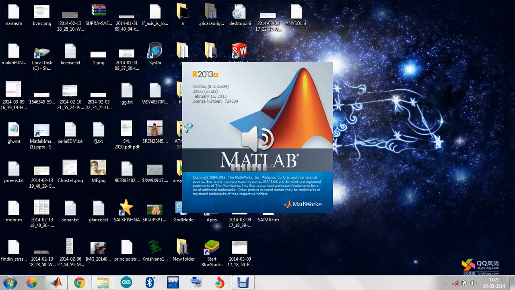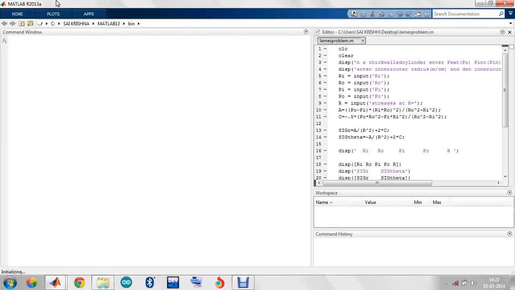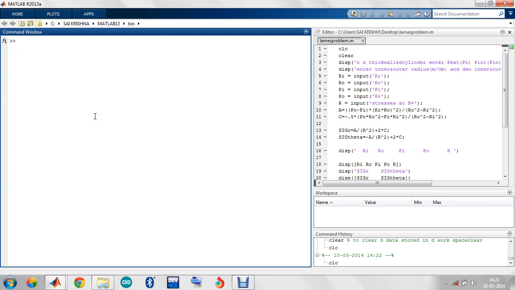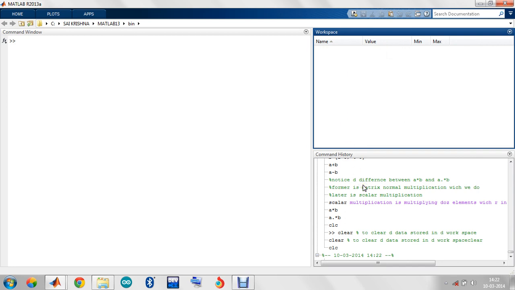This is a MATLAB starter application. The MATLAB command window comes up as soon as it opens. We'll type CLC. CLC is nothing but clear screen. To get into the details, to learn the basics of this problem,